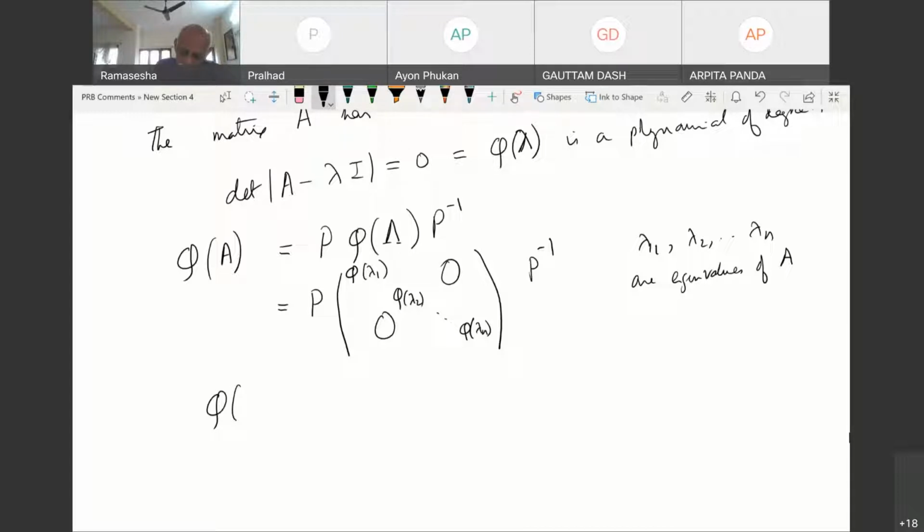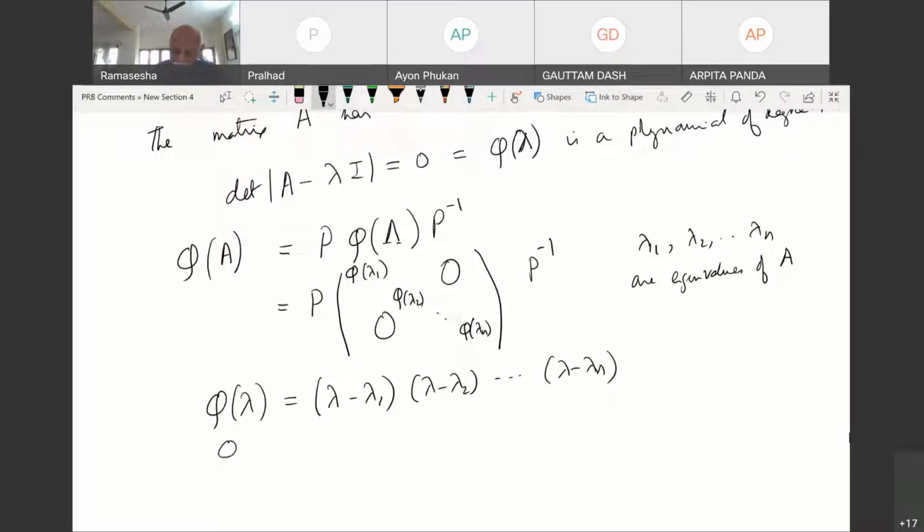At least in principle, you get it by factoring it, as lambda minus lambda 1. Yes or no? I want a yes or no answer. P of lambda equals lambda minus lambda 1 and so on. That's how you get the roots, by factorizing it. Right? So I have factorized it.